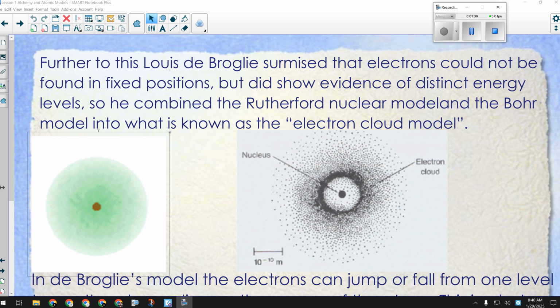The gold foil experiment, where he shot the X-rays at the piece of gold foil, and a whole bunch of them got through, but some were deflected, proving that the atom is not a big solid sphere, but made of a tiny dense nucleus surrounded by electrons. And then there was argument about what the electrons are doing, and then de Broglie came along and discovered that electrons can actually change their energy and move further away or closer to the nucleus, giving us our currently accepted model of the atom, the electron cloud model.